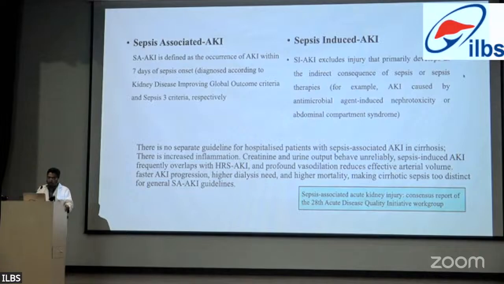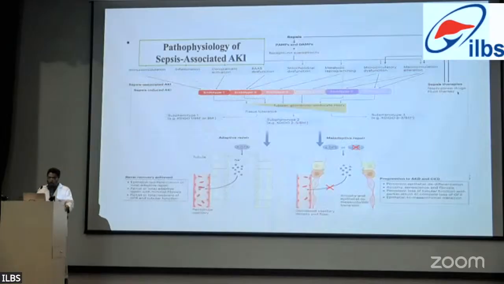There is increased inflammation, and creatinine and urine output behave unreliably. Sepsis-induced AKI frequently overlaps with HRS-AKI, and profound vasodilation reduces the effective arterial volume. Faster AKI progression, higher dialysis need, and high mortality make cirrhosis with sepsis a setting destined for sepsis-associated AKI. This is the pathophysiology of sepsis-associated AKI, where vasodilation and the prerenal component, along with inflammatory markers, cause